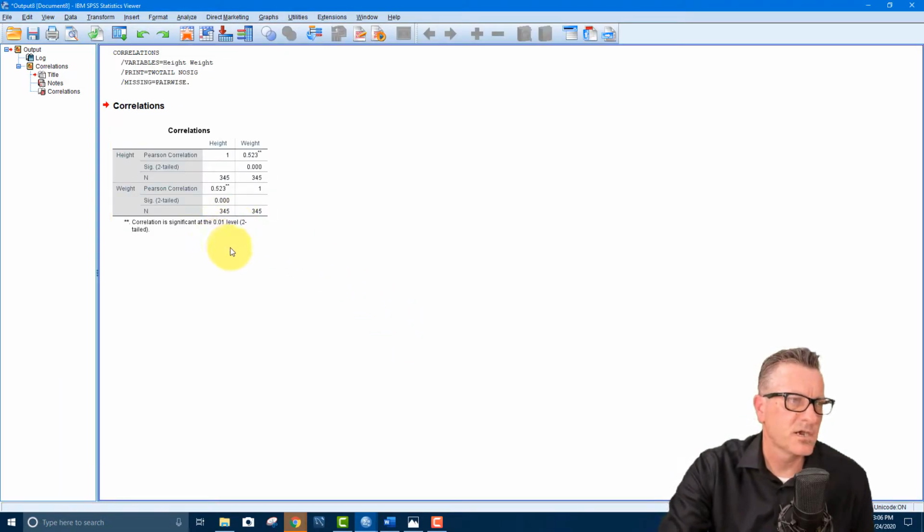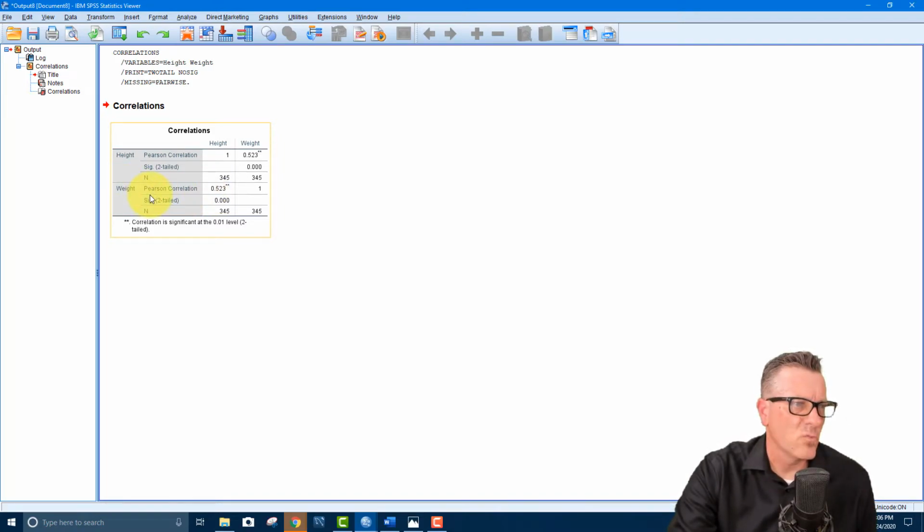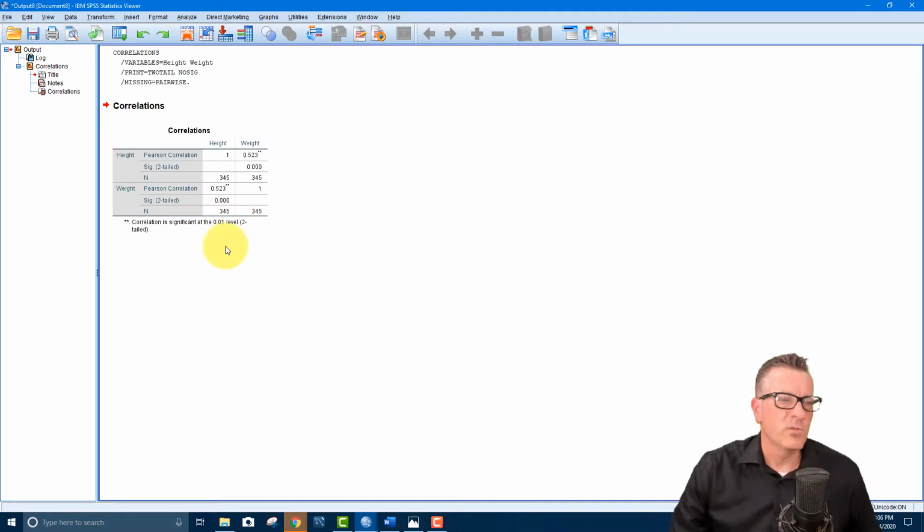And here are the results. It calculates it, and you'll see it says Pearson correlation 0.523, and on the flip side, it's just doing the correlation both ways. So it says for the weight, 0.523. What it means is when one goes up, the other goes up almost half as much. So there's a correlation between them. It's a positive correlation of about 0.5, so it's a moderate correlation.